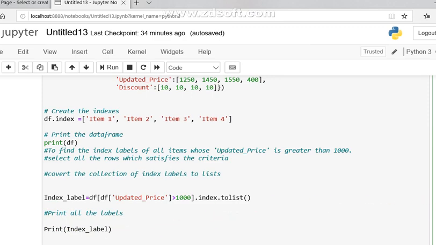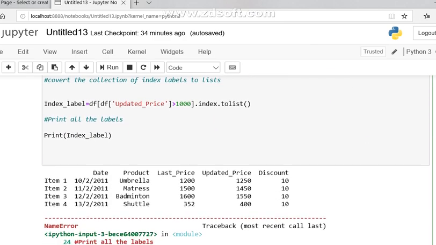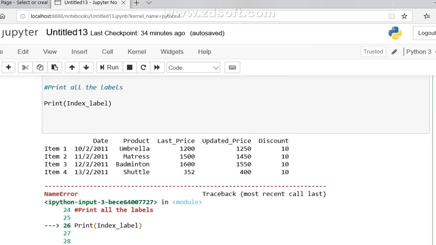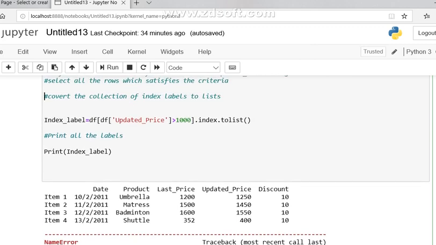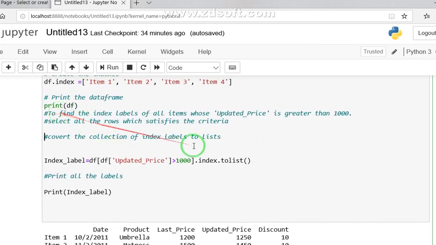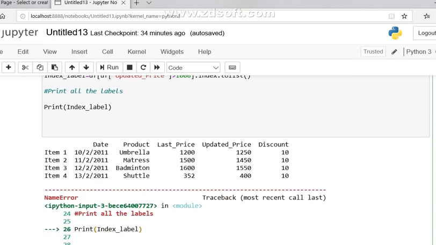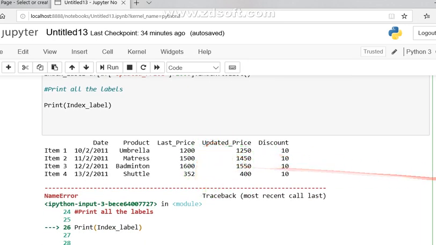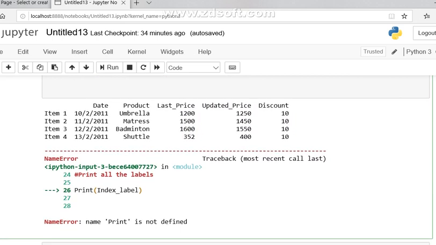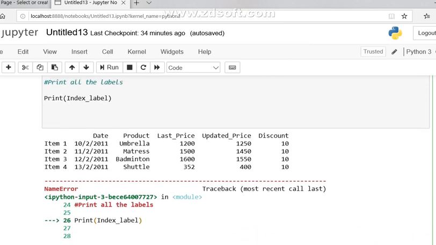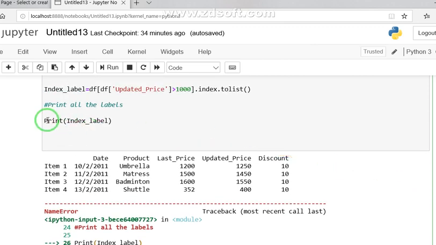Clear? And you find that I am stuck with something when I execute this. The first part is working here. The first part is to display the data frame. It's working fine. So the data frame is here, but you see there is some problem here. The error is a NameError: name Print is not defined. By mistake I have written it in capital, so use the smaller one here and then execute this.